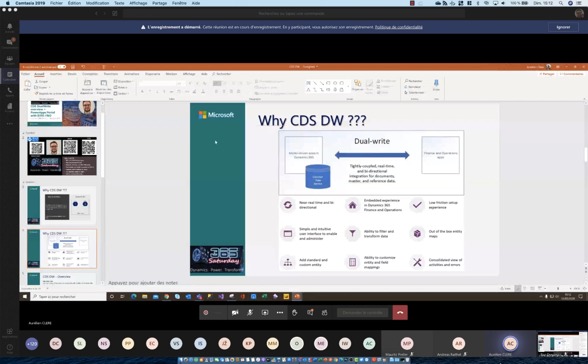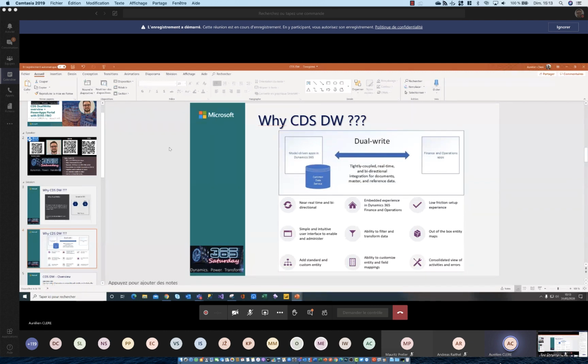So again, why CDS dual write? The CDS dual write is to have a tightly coupled, real-time, bidirectional integration of master and reference data. At first you will sync all your master data, and after that your reference transactional data. It's bidirectional, but you can also set it up on one side.